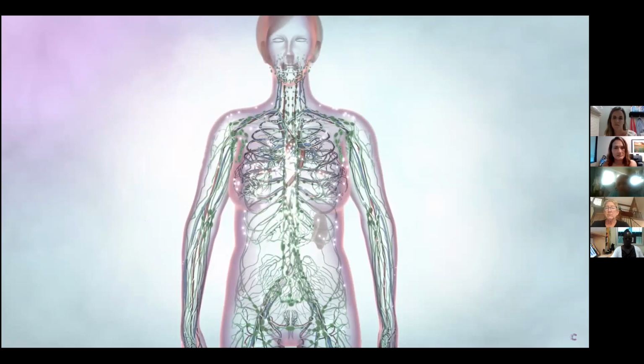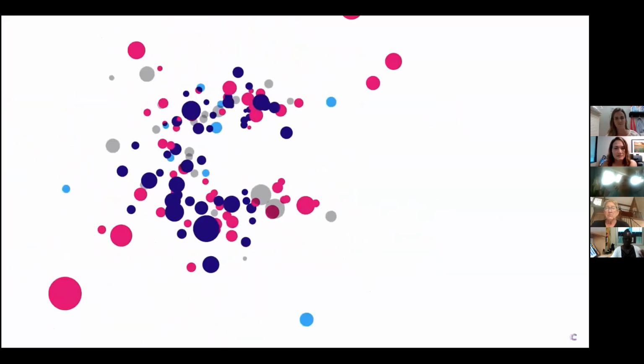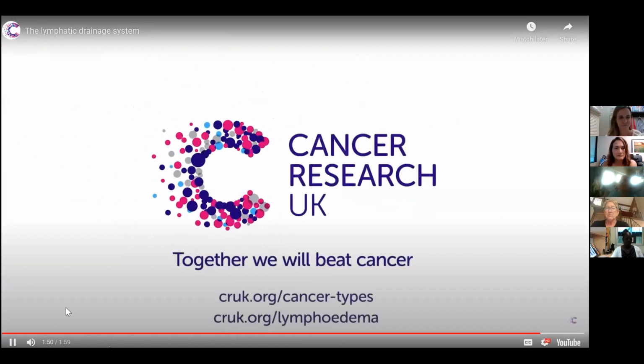If the lymph vessels or nodes are blocked, removed, or damaged, it can cause a buildup of fluid. This can cause swelling, known as lymphedema. For more information about lymphedema and cancers,